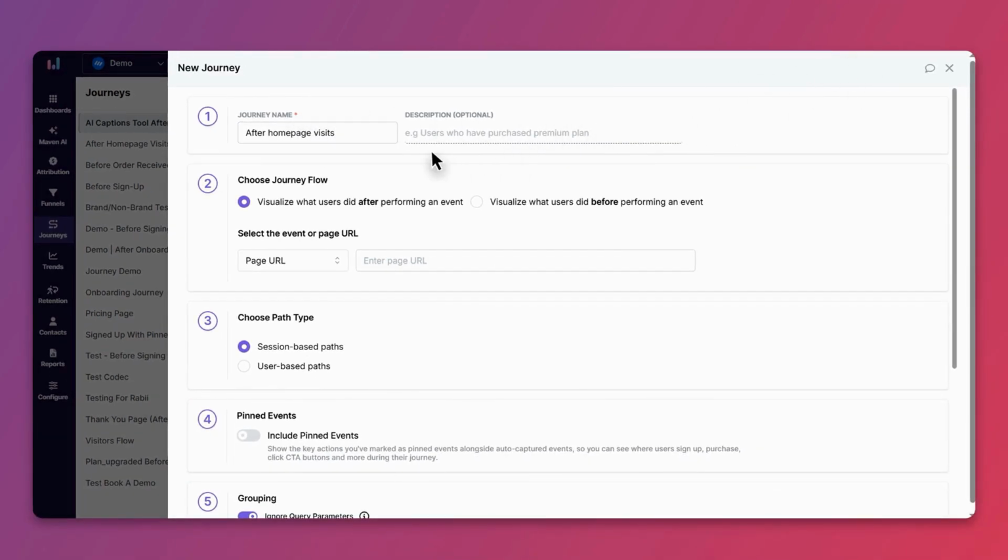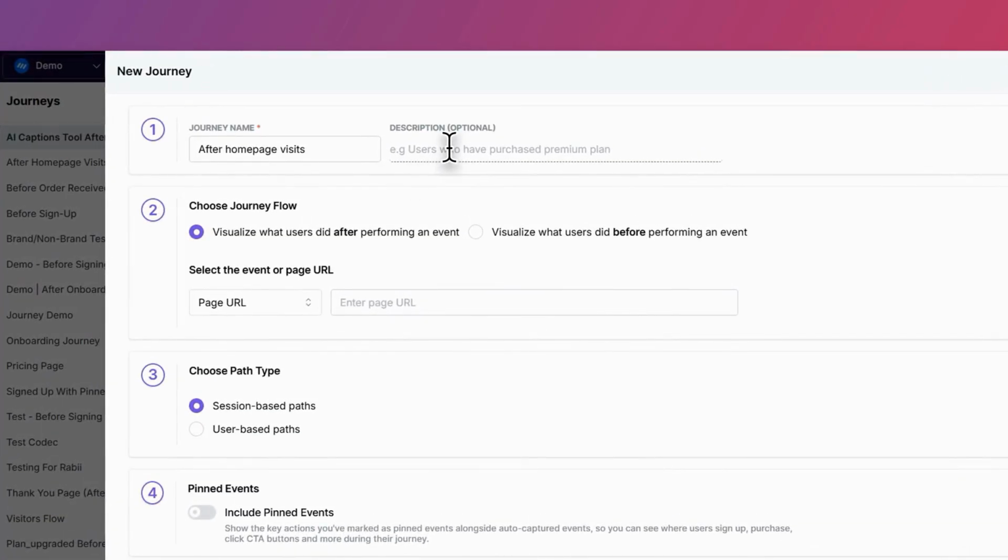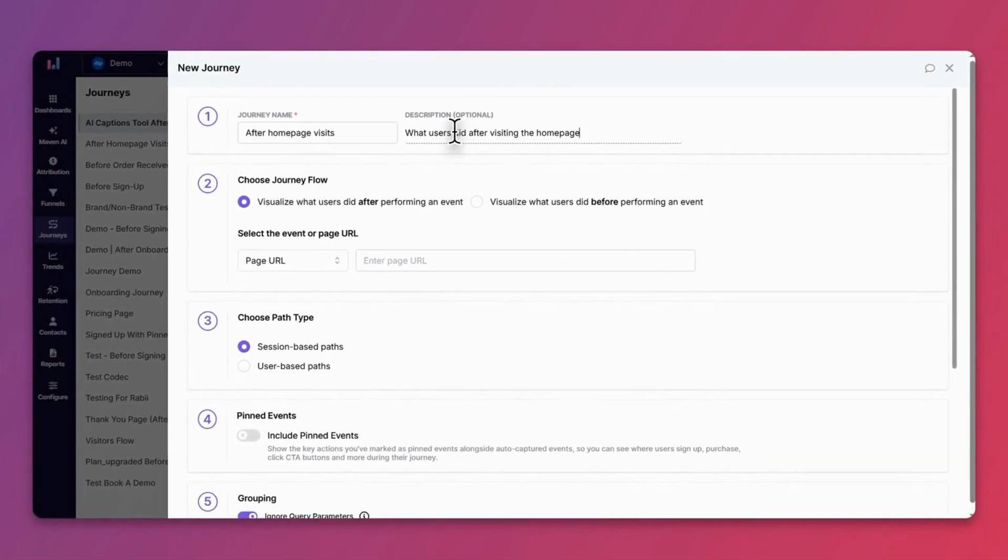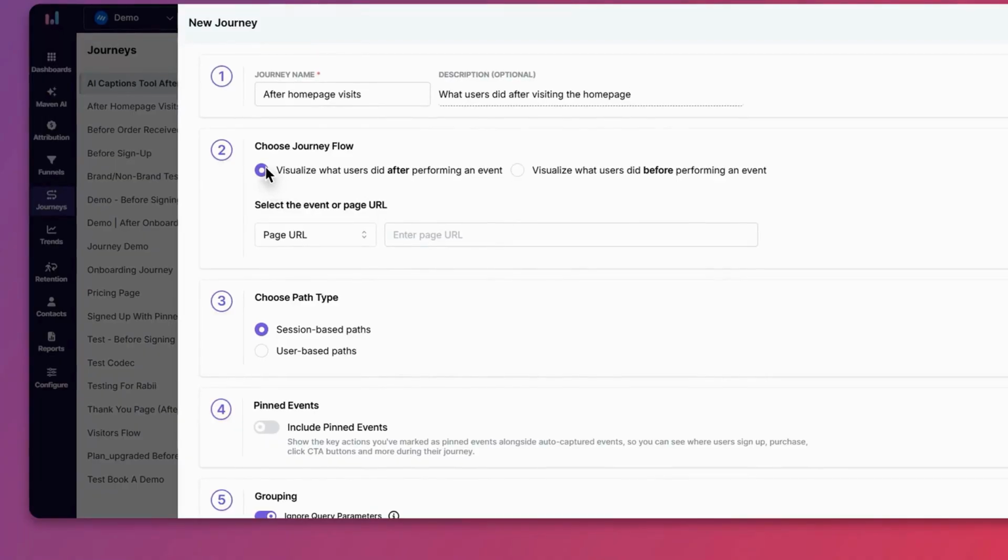You can also add a description if you'd like. For example, what users have done after visiting the homepage. This step is optional. Next, choose the journey flow. You have two options here. You can visualize what users did after performing an event, or you can visualize what users did before performing an event. In this example, we'll select After Performing an Event, since we want to see what users do after landing